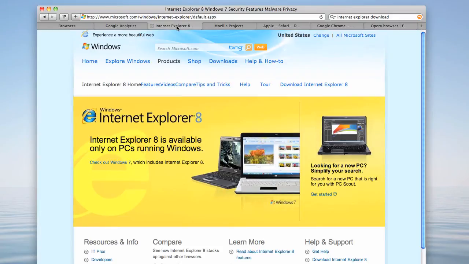Internet Explorer can be found if you're on Windows. It's baked into your system here, but the web page to make sure or download an update is microsoft.com/windows/internet-explorer, and it is not available for the Mac, which I'm recording this on. That's why it's telling me I can't download it. And then if you go to